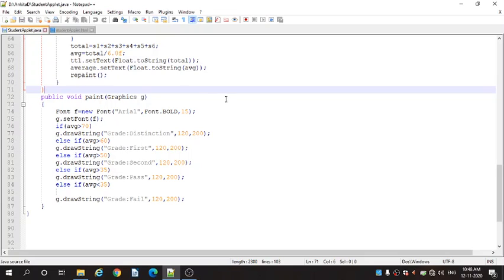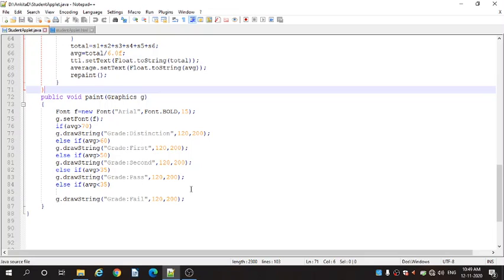Inside the paint method, we set the font, that is Font f = new Font, passing Arial, which is a type of font, Font.BOLD, and the size 15. g.setFont(f) will set the style f on the font.